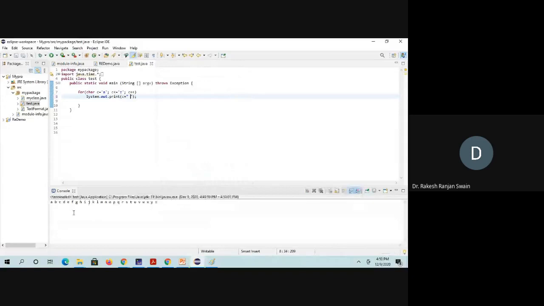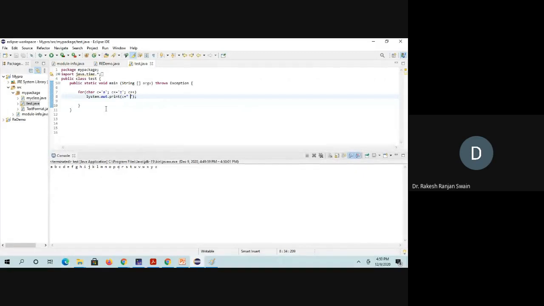Now see, all the letters are printed here, A to Z, in the output screen. c starts from 'A', c is less than or equal to 'Z', and c plus plus, then all the letters are printed. Very simple program to print all the letters.